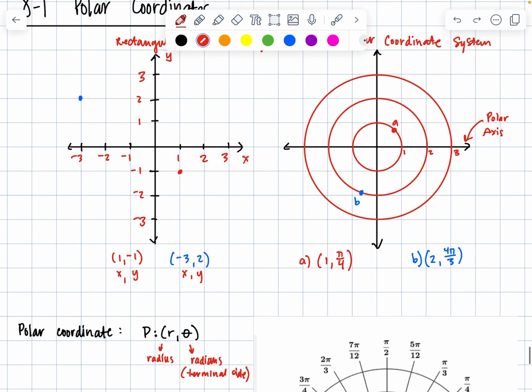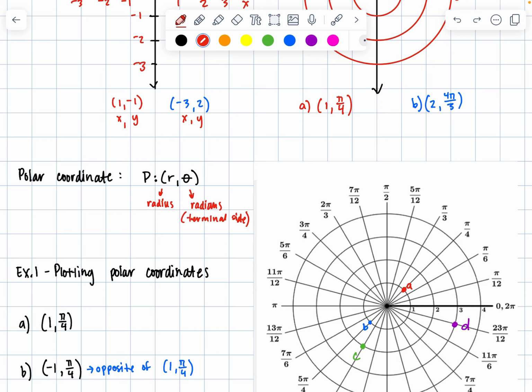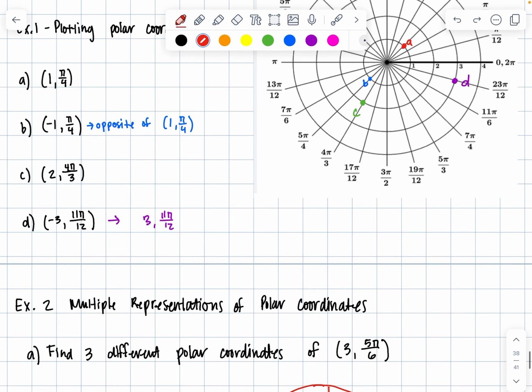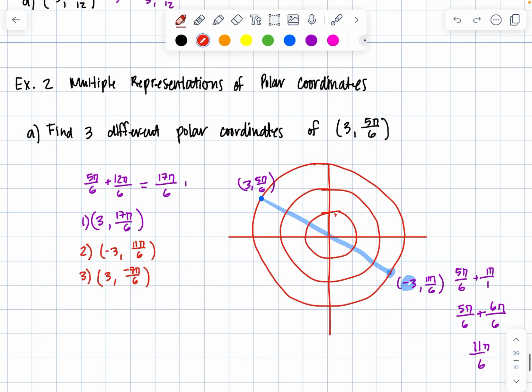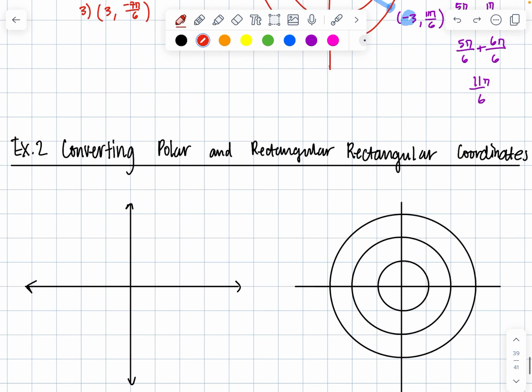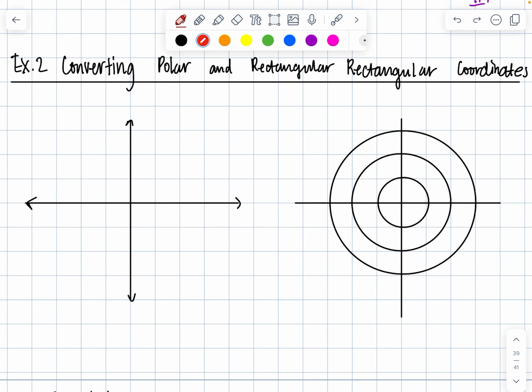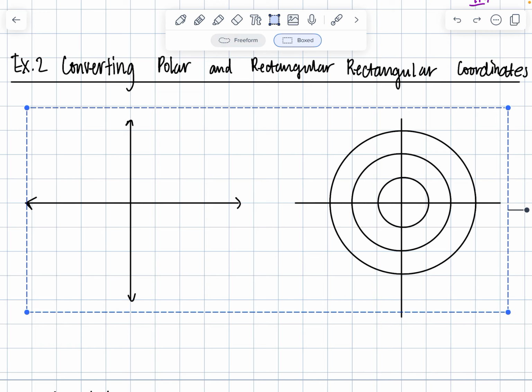So we learned that we could represent coordinates as polar coordinates because they're circular units and we have a radius and we have radians. Plotting polar coordinates looks like a normal coordinate but with those specific radius and radian values. We also have multiple representations of those polar coordinates, and now we are going to explore converting polar to rectangular